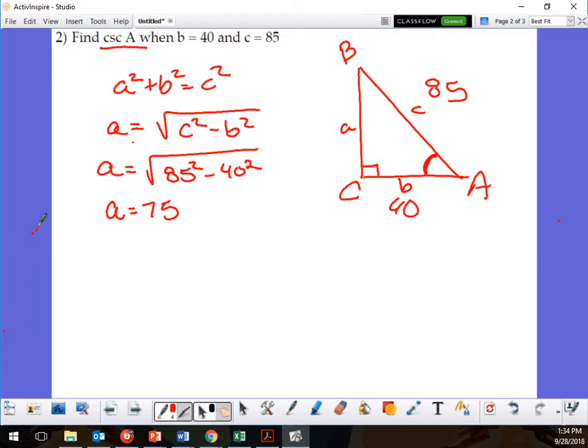So now, for this, we get a value for A to be 75. Now, let's go through, and A is my reference angle here, right? So this side over here would be opposite. This side is